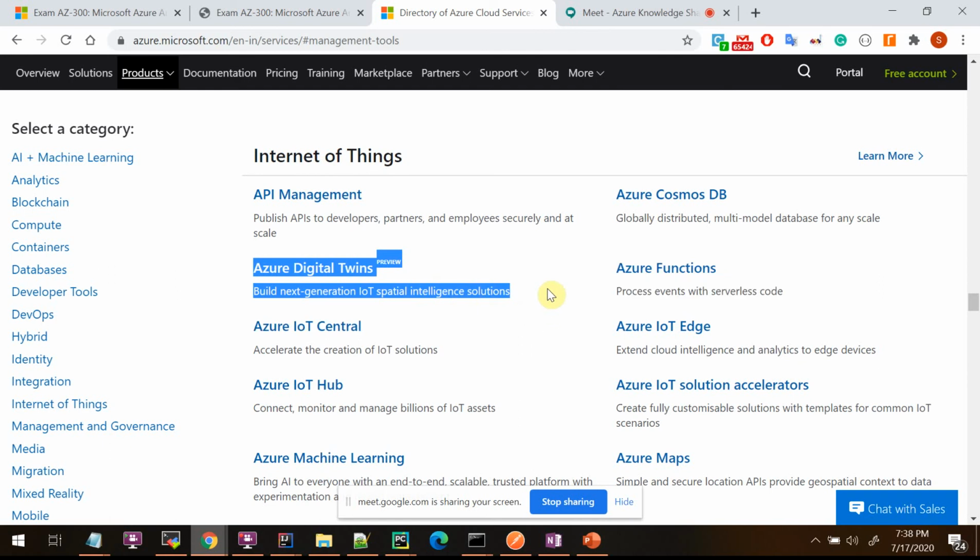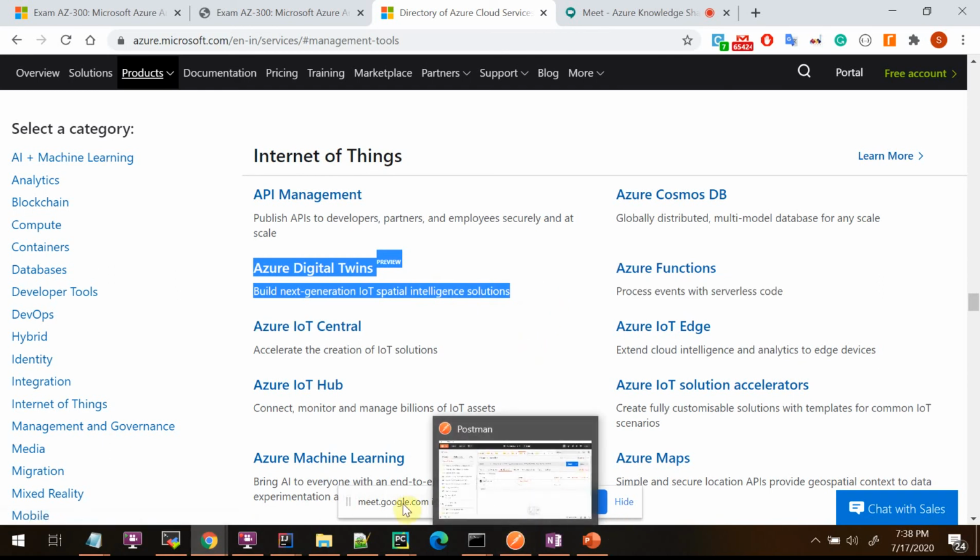But in our project currently we used all the concepts, right? Digital twin and